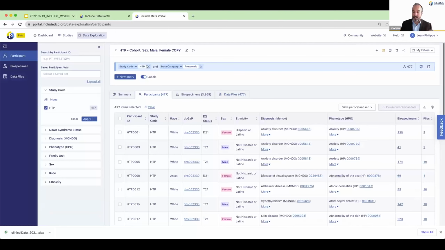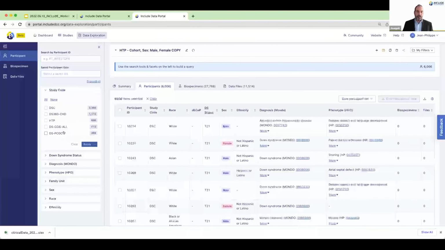Let me do the reverse. The only study where we have not been able to define overlap is DS Connect, right? So all the other studies are non-overlapping. There is a potential that a small fraction, or who knows how small a fraction, of DS Connect participants may also be in the other 4 studies, right? With that being said, the DS Connect participants don't have any of the omics or biospecimen data sets. So hopefully I'm addressing the question: if you are working with the non-DS Connect cohorts, you're pretty safe